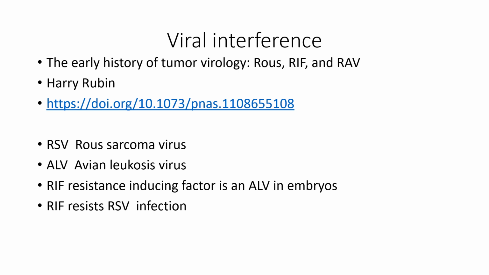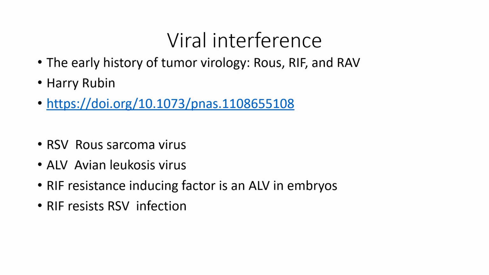We are talking about viral interference, one of the most important discoveries in case of viral infection, by Harry Rubin, and he discussed it in several important presentations, and here I cite the early history of tumor virology, Rous, RIF, and RAV. Here's a reference. So we are talking about 3 viruses: Rous sarcoma virus, avian leukosis virus, and a resistance factor, which is actually the virus in embryo. So RIF is the ALV virus in embryo, and what Harry Rubin discovered is that the RIF resists RSV infection,